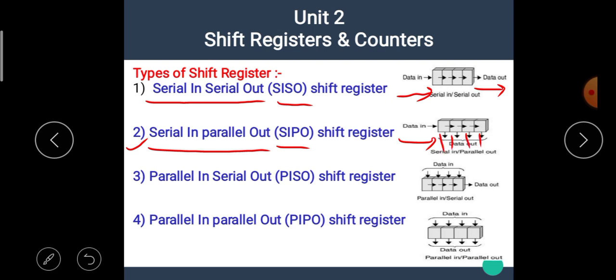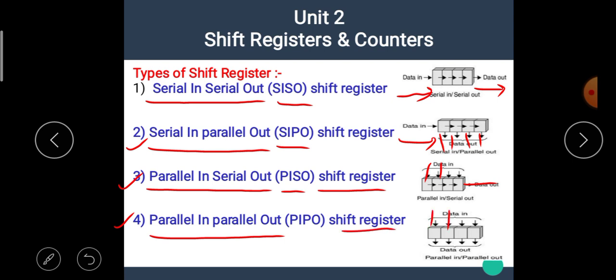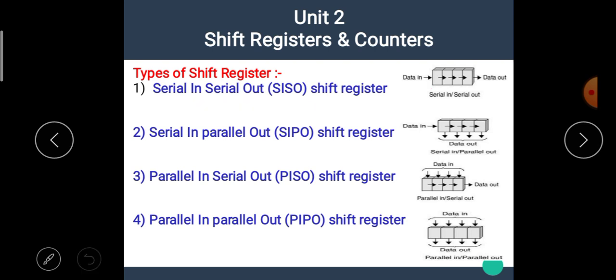The third one is parallel in, serial out, that means the PISO shift register. Here data enters parallelly and is taken out serially. And the last one is parallel in, parallel out, that means the PIPO shift register. Here data enters parallelly as well as is taken out parallelly. I hope you all understand the 4 types. Let's see once again. The first one is